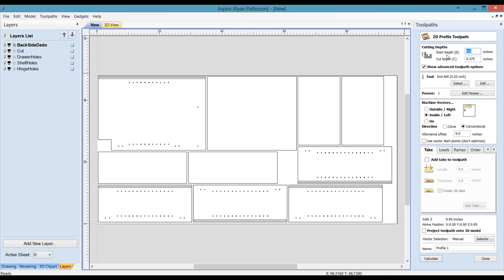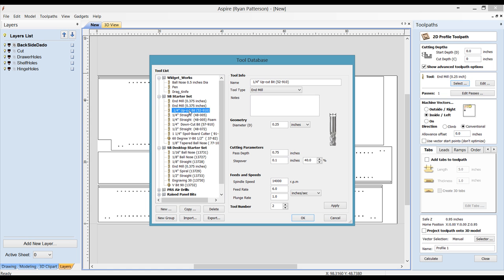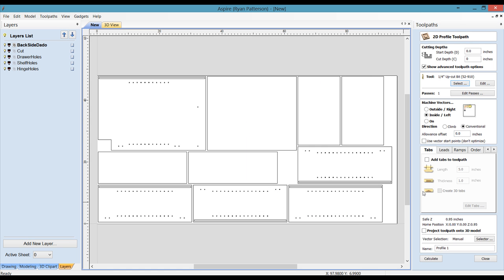Selecting the profile toolpath, I'm not going to worry about the depth, just to show what we're doing here. I'm going to enter 0 so we can see how that's applied later. I'm going to select the cutter. In this case, it's already selected. Just select another one here. Make sure I'm selecting from the same file or the same cutter for every one, so I don't get a mismatch of tool numbers or geometries or anything that might get in the way. I'm going to use the same 1/4 inch cutter throughout this toolpath template. Going to machine the vectors on the inside,